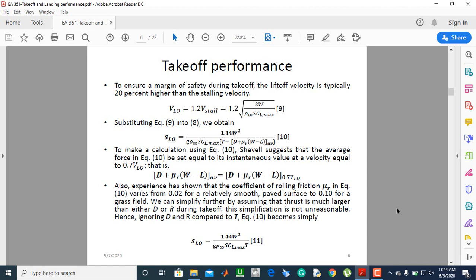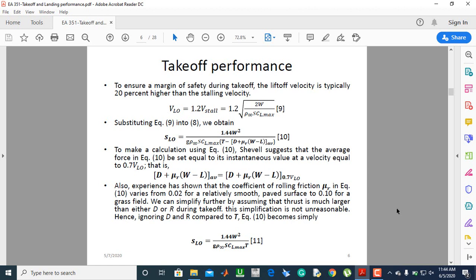And from equation 10, if you assume that this aircraft is taking off from a paved runway which has a relatively constant coefficient of rolling friction, which varies from 0.02 for a smooth paved surface to 0.1